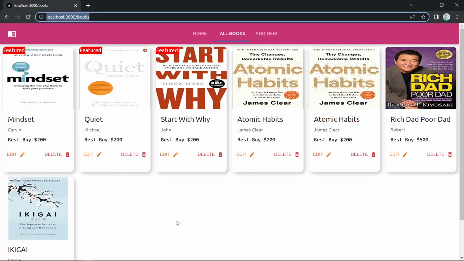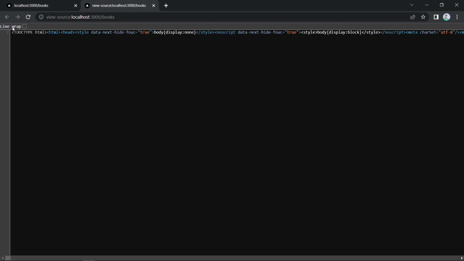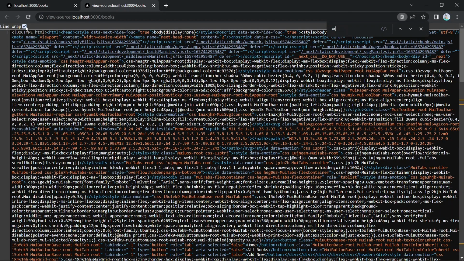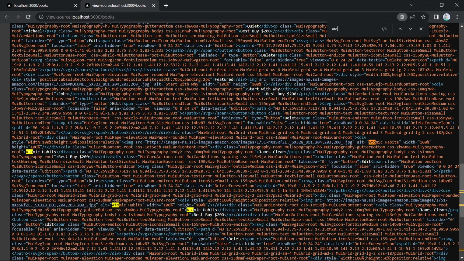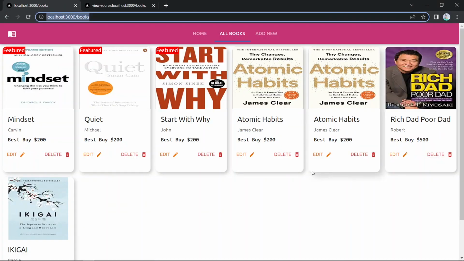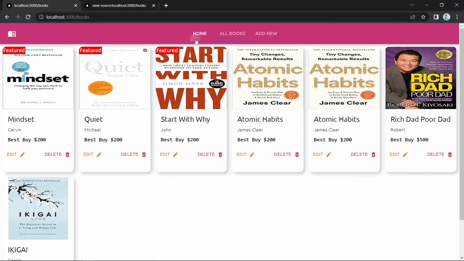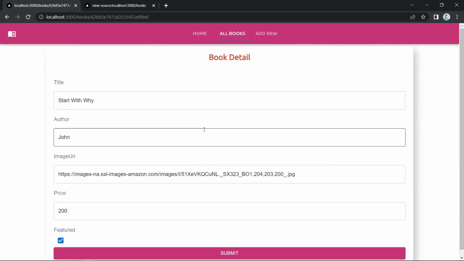If you click Ctrl U again and search for Atomic Habits, you can see you got Atomic Habits inside that, and all of the data is rendered into the HTML page as well. So in the home page and in the All Books page, all of the things are pre-rendered. But if you click on edit, you can see first we will load the page,